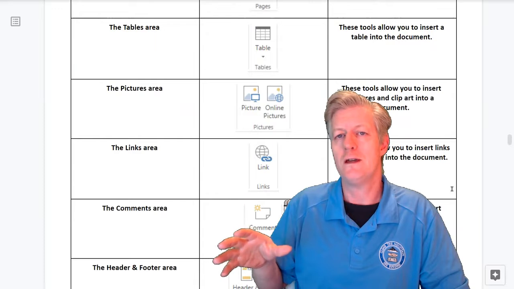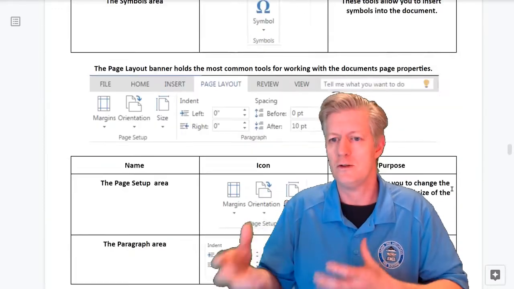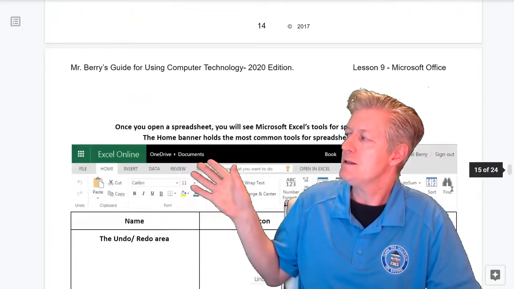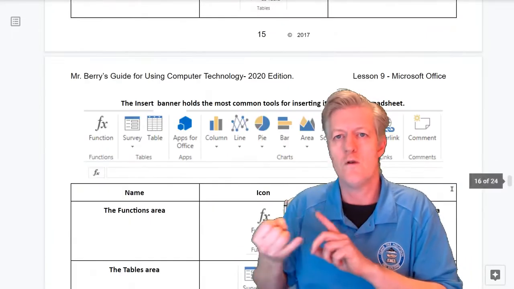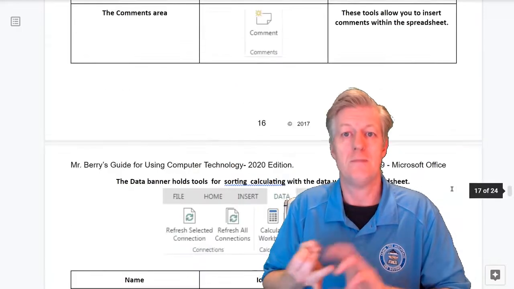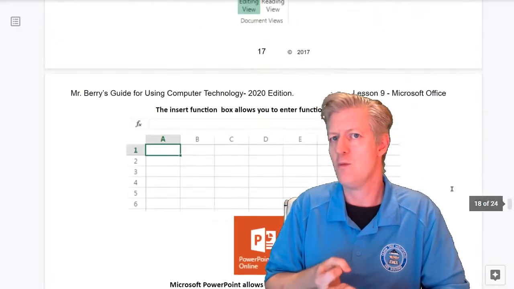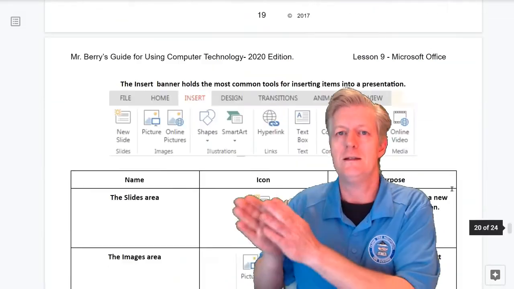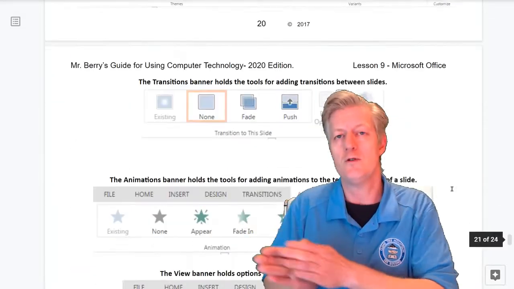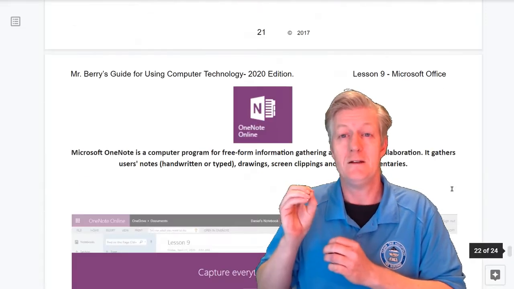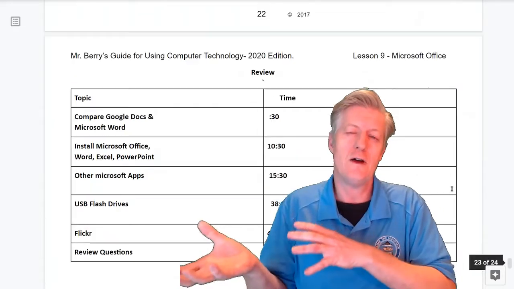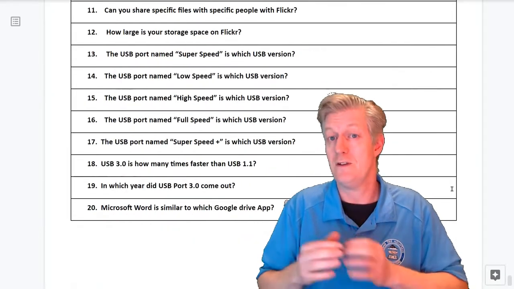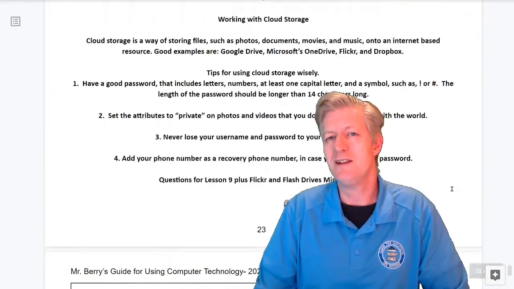as well as the Microsoft Office apps there. Once it's in your Google account, you'll be able to have access to it on your Chromebook and be able to work with it that way. In this lesson, going over the tools, I go over Microsoft Word tools, Microsoft Excel tools, as well as the PowerPoint tools, which kind of set us up for going into lesson number 10, which goes into using Google Sheets. And it also has a little bit of a throwback to this lesson where we're also looking at Microsoft Excel. So let's jump into lesson 10 now.